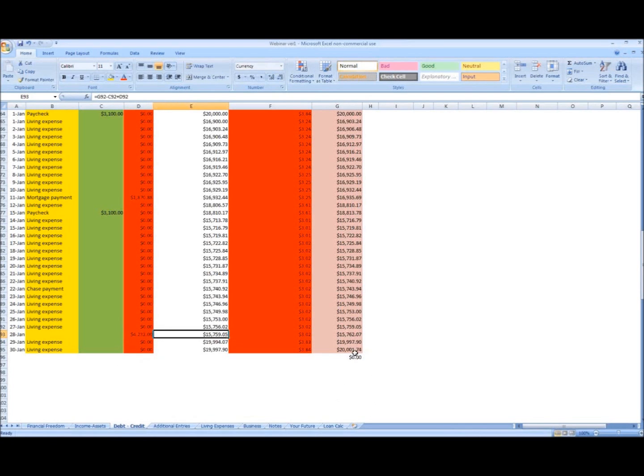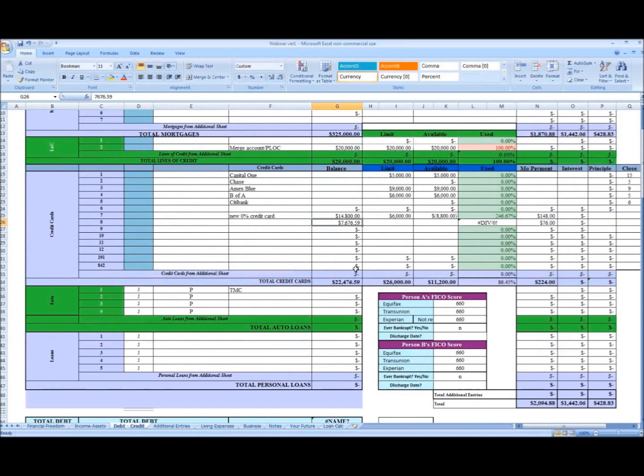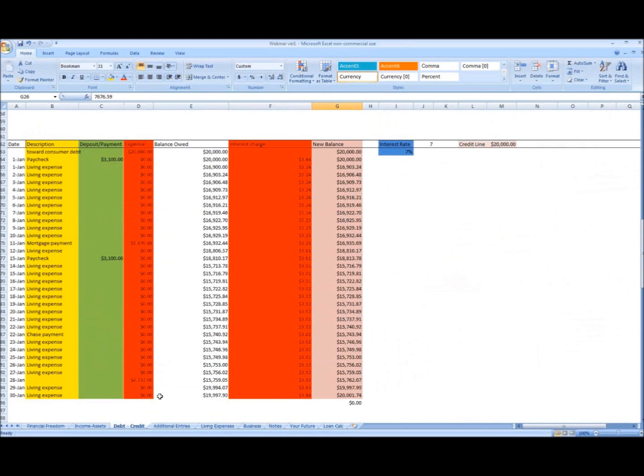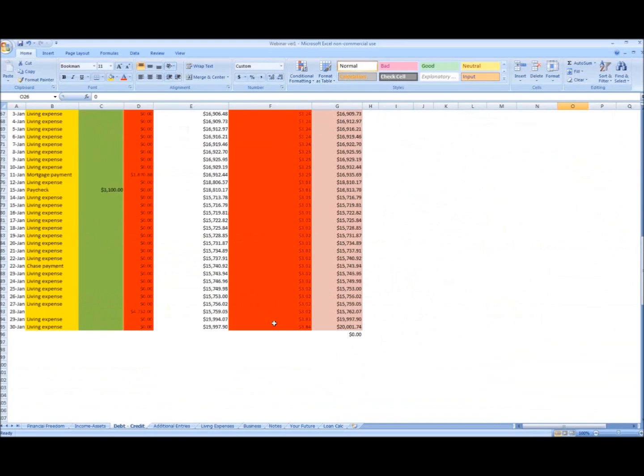Write a check for $4,232 so your balance is maxed out, and we're going to write it towards a debt rather than move it to 0% cards, or we're going to pay off a 0% card before it's due. So I'll just subtract it from the 7,676. 7,676 minus 4,232, I think it was. Well, we almost paid off your card, didn't we? So now that balance is actually $3,444. And then the payment drops to $35. All right, so that's month number 1. We don't have any